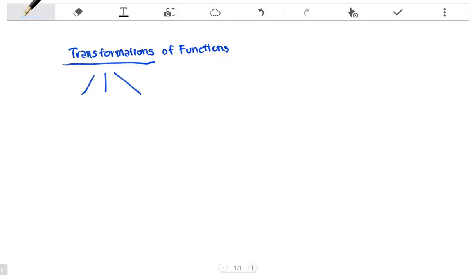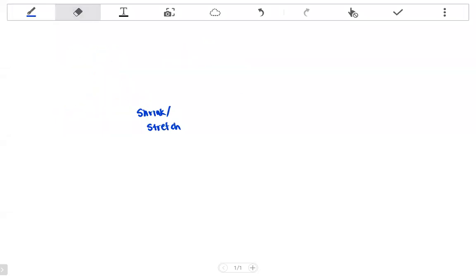One is just translation, or moving it up, moving it down. You know, we can shift the function. Another is reflection. So we can reflect it over the x-axis, over the y-axis, over the origin. And the final one is shrink or stretch, which I think is the hardest one. But let's cover them one by one. So we're first gonna talk about translation. That's number 1 of all transformations. So translations